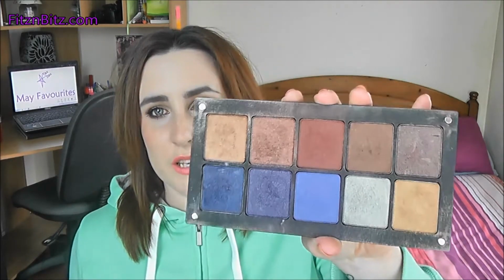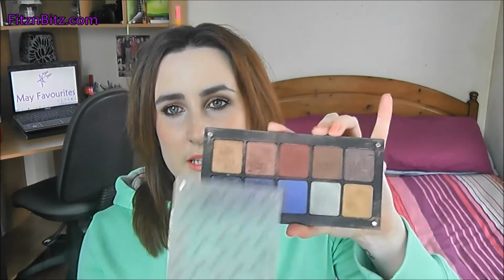Next product is another old favourite. This is my Inglot palette. This is the newest one that I put together, but this is quite a while ago. But I've been loving this. I've been really going back to all these red and browny gold shades, because my hair is, as you can see, really